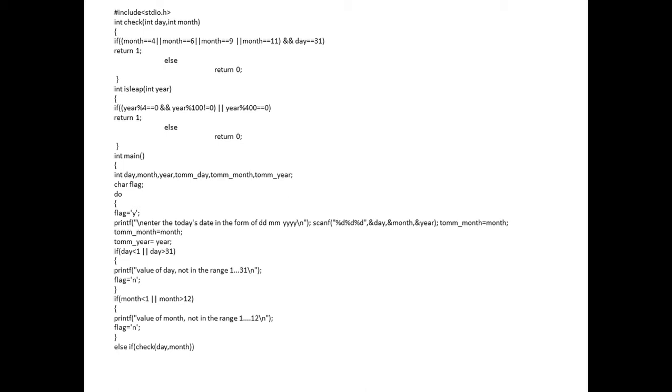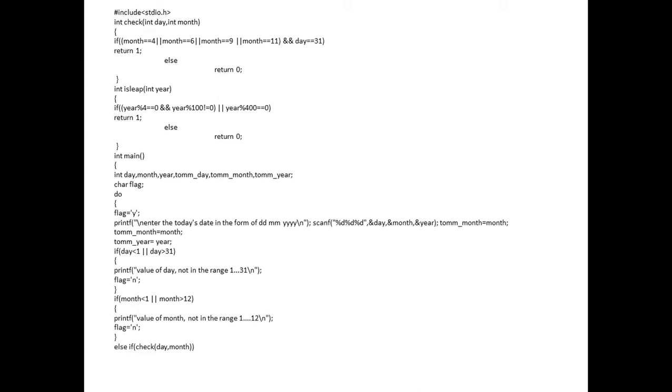And one more thing is the month. The month is 1 to 12. That is the point we have to consider. And for the year, you can give any limit. You can set some boundary for the year also. And one more thing is we need to concentrate on leap years also. So there are many more considerations that you need to know about the next date.